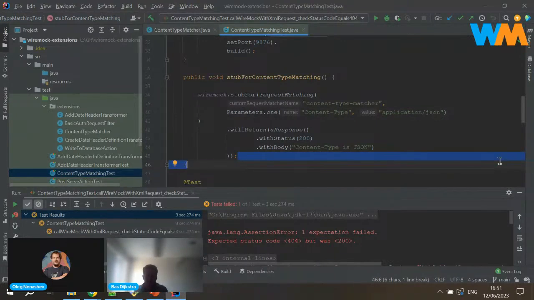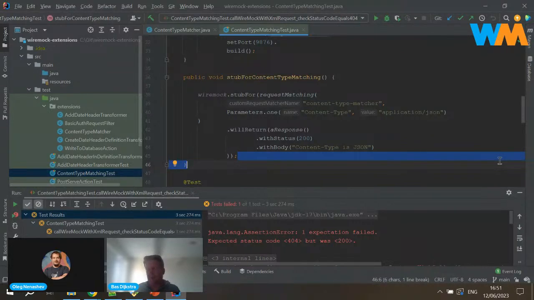So this is how to define custom matching logic. I think the WireMock website shows you an example where you can quickly check on the size of the request body.